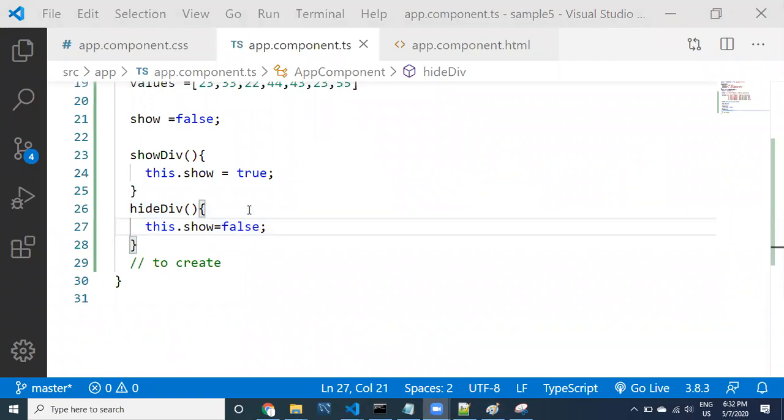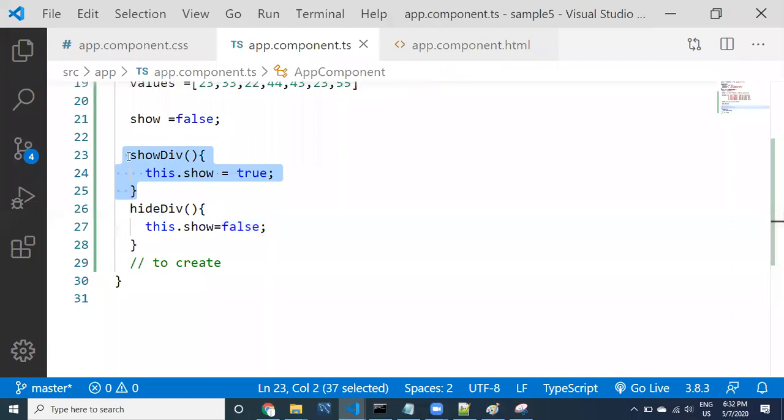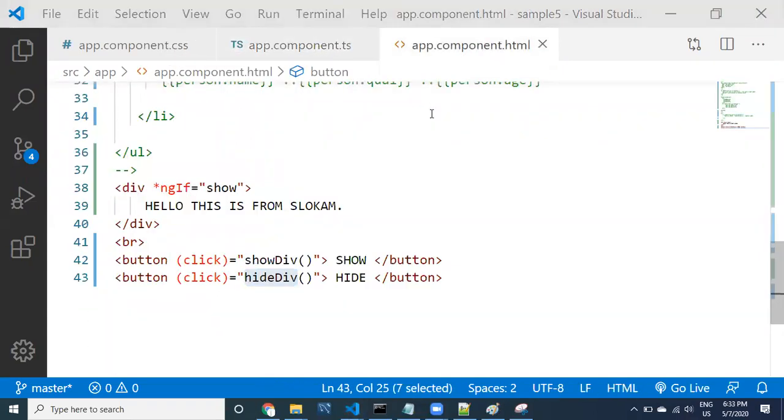See, if it is a single line, you can use it directly. When we are using multiple lines, then we have to come with a method. When it is just a single statement, like in this particular example, I don't need to write a method actually.